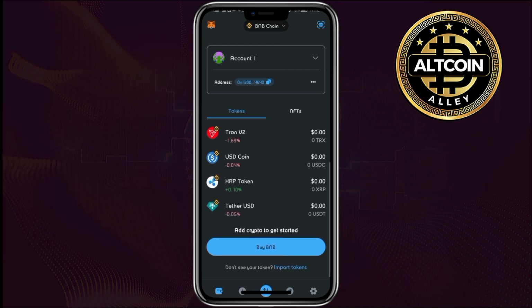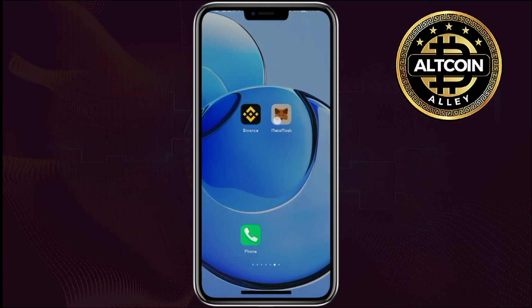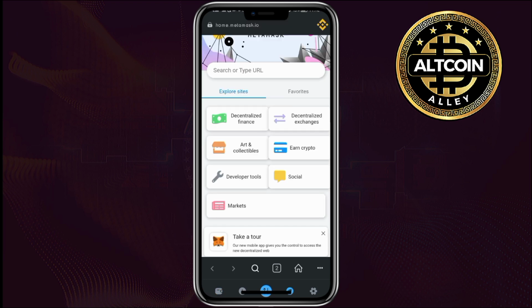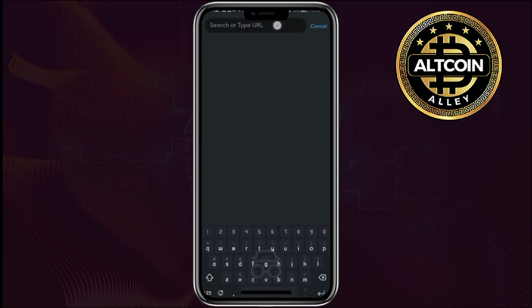Over here on your Metamask, click on this browser option here. As you can see, the browser option is the fourth option from the first one. So you click on that browser option. Once you click on that browser option, come to the search bar over here, then input the following address. The address is